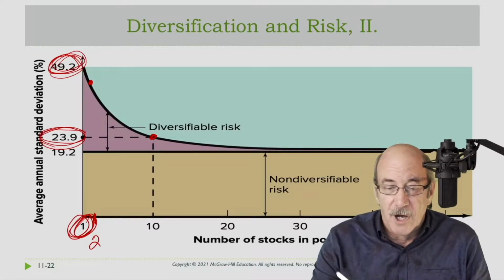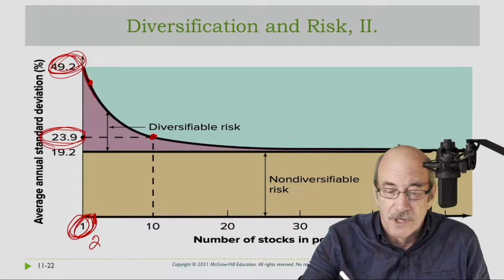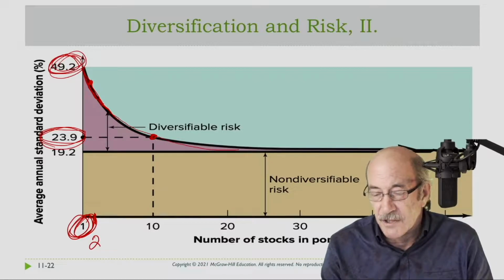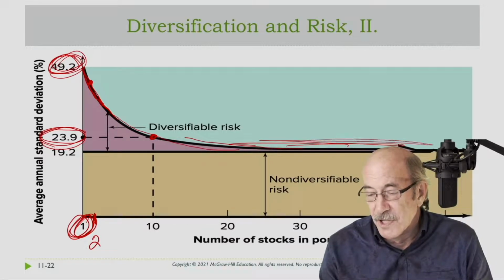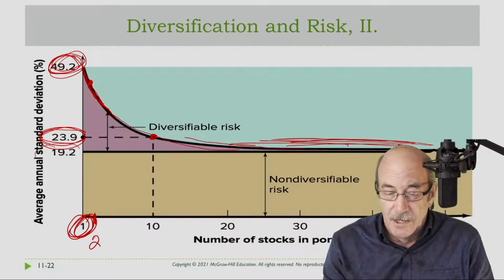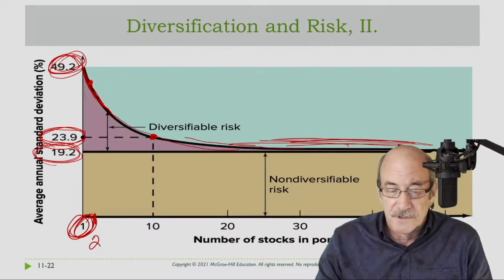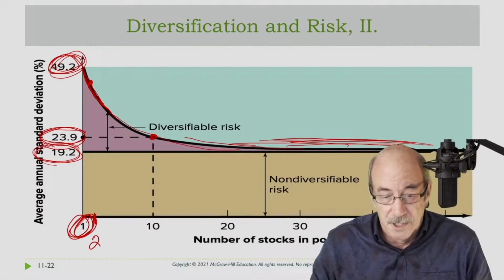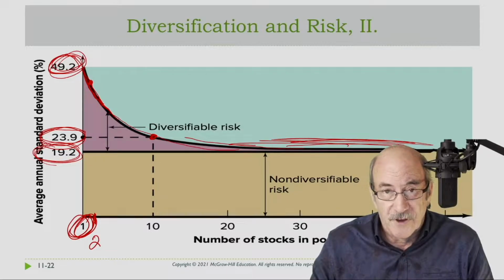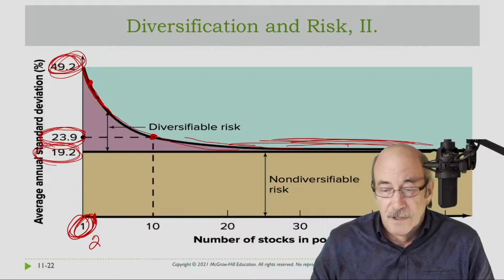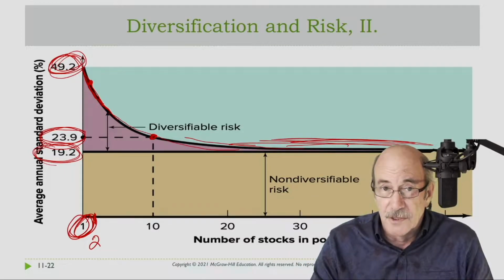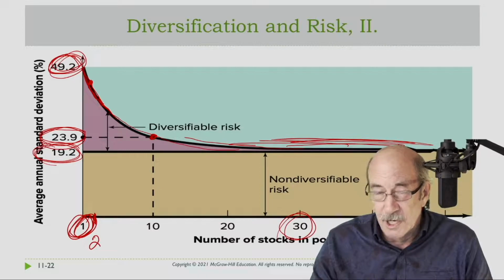Now, what you do also see is that while that line is going downwards, the slope is changing, and it's asymptotically approaching some horizontal out here. And the authors show this to be 19.2%. So another almost 5% down from having 10 firms. And now the bulk of that comes somewhere out here in the 30, 40, 50